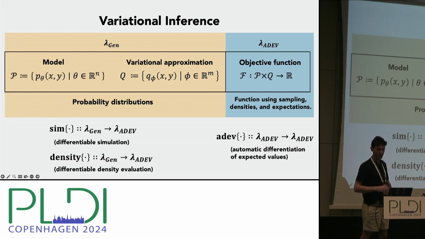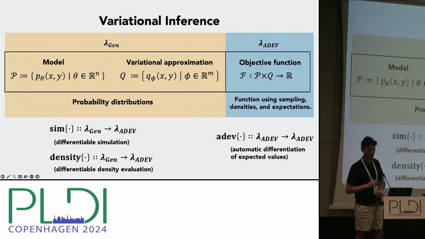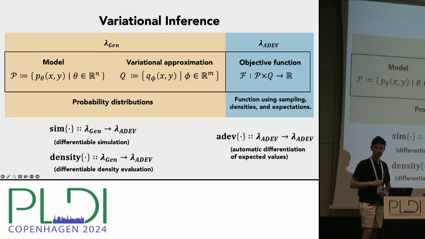I'll quickly describe each of these transformations. Sim takes a lambda gen program and turns it into a lambda addev program that simulates from the distribution and can be used with lambda addev's expectation operator. Density takes in a lambda gen program and turns it into a lambda addev program that computes the density of the distribution described by the program. Addev takes a lambda addev program and turns it into a lambda addev program that unbiasedly estimates derivatives of the